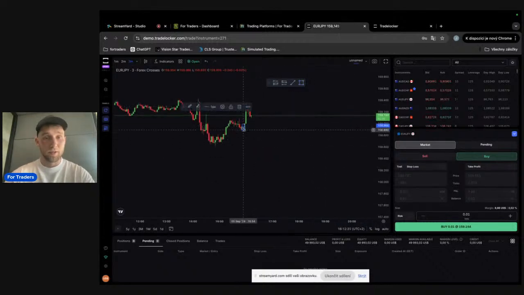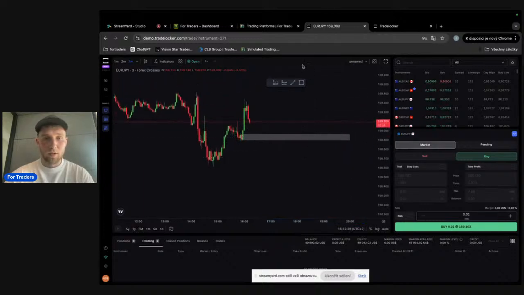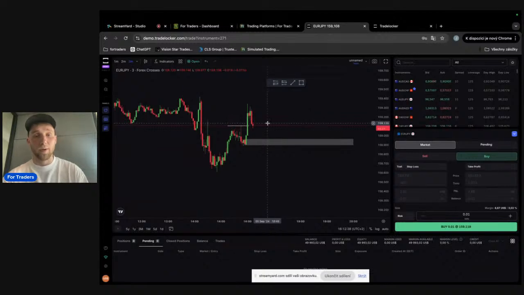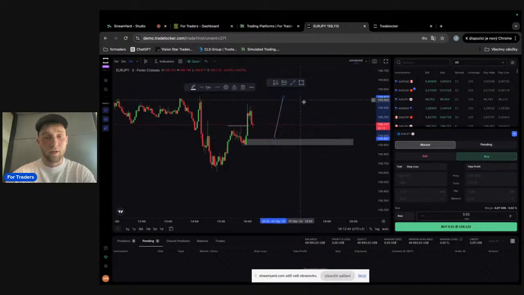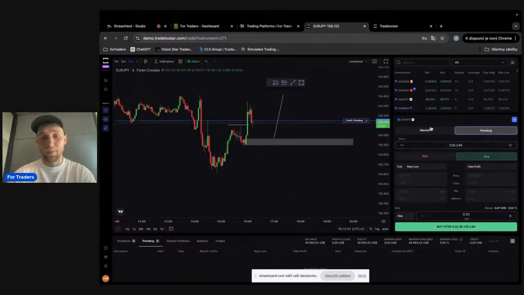Now let's put it in to show you an example of how you can easily do everything from this platform. Let me just adjust it so you can see it nicely. We can draw this rectangle. This will be our OB. You can also see there was a break of structure. So I personally would be expecting the price to come back here in the zone, mitigate this price, and then continue higher. So what's super simple, if you don't want to wait for any confirmation, here you go to pending,